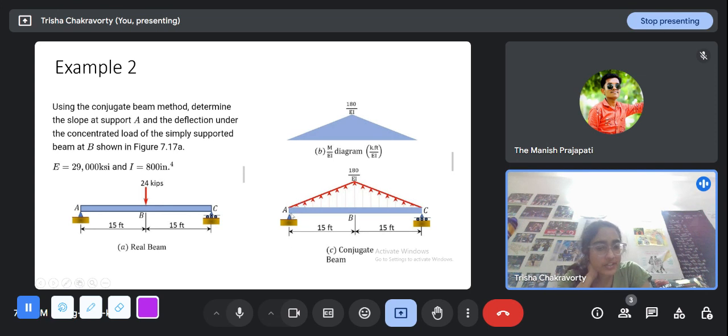So due to this support reaction at A, I will have a clockwise moment of that support reaction into 15, since the lever arm here is AB, 15. And due to this triangular part, I will have the magnitude of half into 15 into 180 by EI, and it will act at a point which is 15 by 3 from the base. So from B it will have 15 by 3, and since it is upwards, it will give a clockwise moment, and sorry, the support reaction will give an anticlockwise moment.